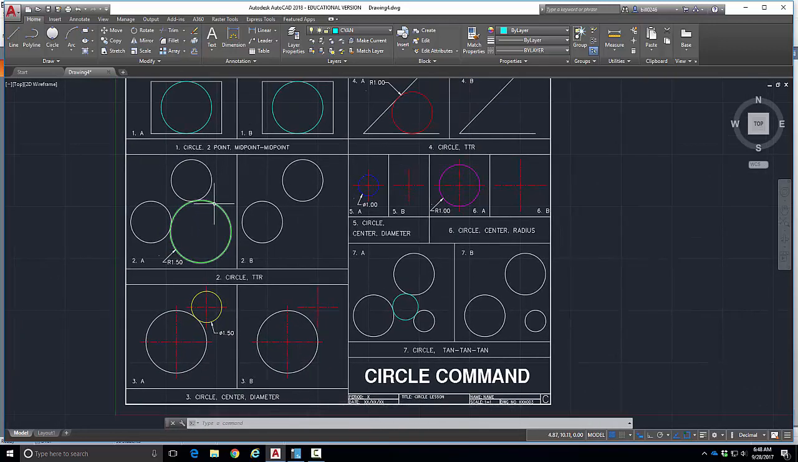Next, the circle tangent, tangent radius, TTR. Looks like we're on the green layer, so we're going to set it to the green layer, and we're going to go to circle, tangent, tangent radius. So we're going to go tangent. I'm going to do this wrong the first time. I'm going to go tangent way out here, and I'm going to go tangent over here,